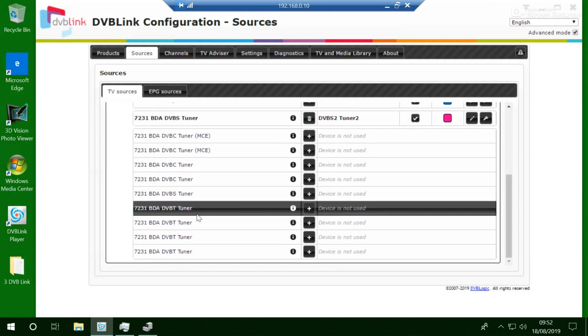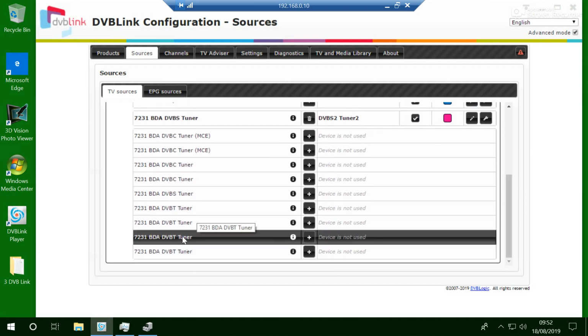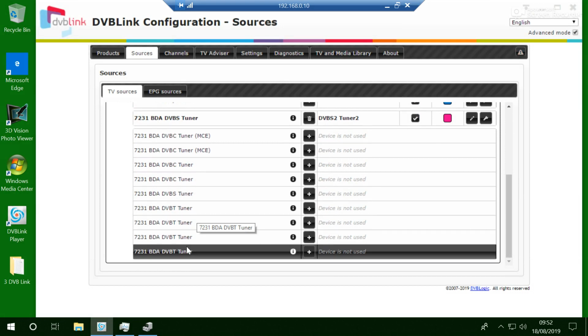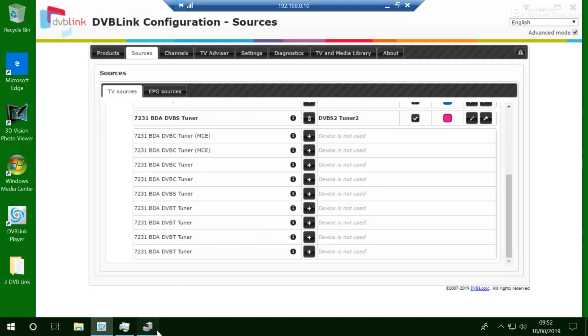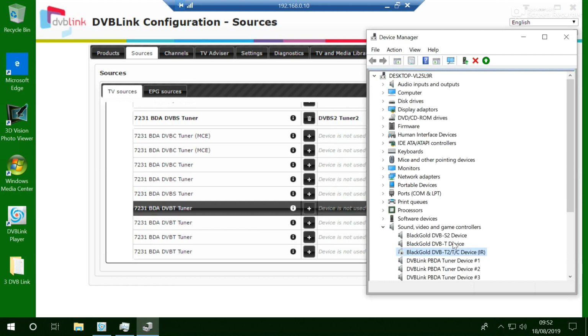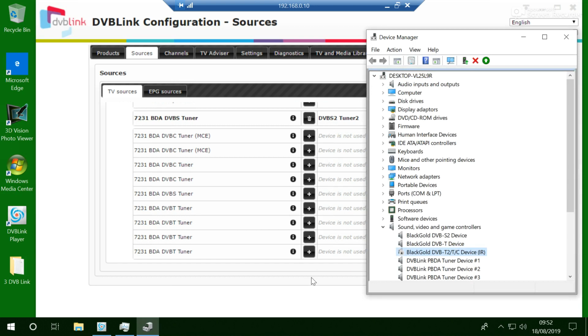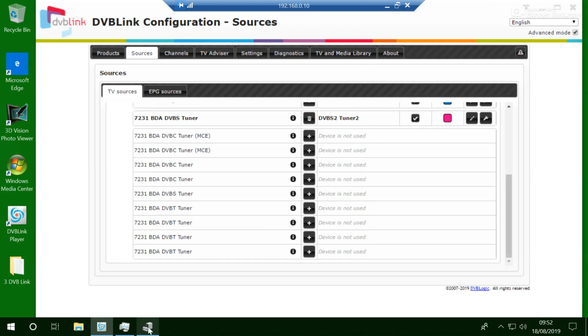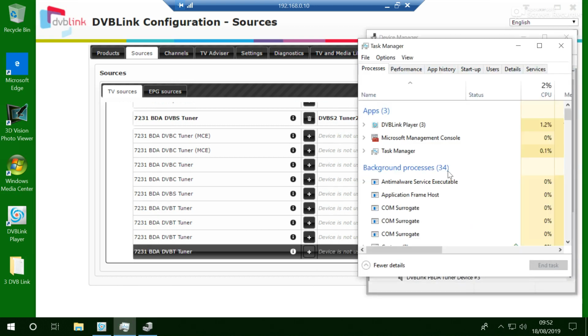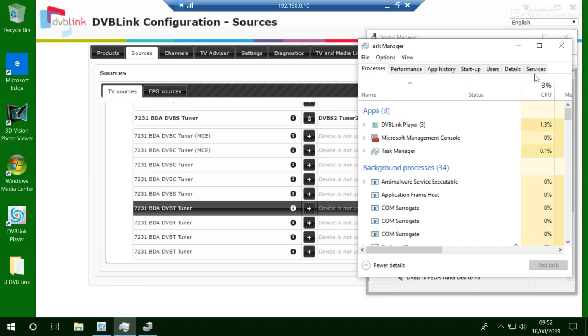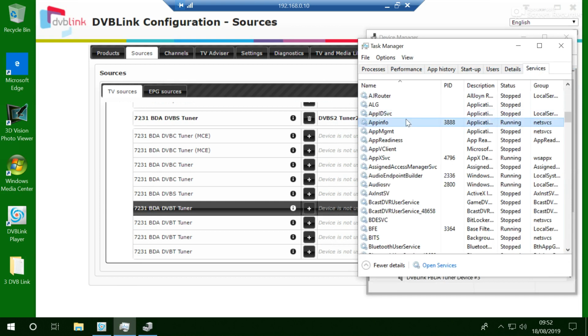At the minute, we can see 4 DVB-T tuner cards. Unfortunately, it can't pick up on the distinction of T and T2. Device Manager does pick up on the distinction of T and T2, and I've disabled the T2 card. So now if I restart the DVBLink service, so if I go into services and look for DVBLink,